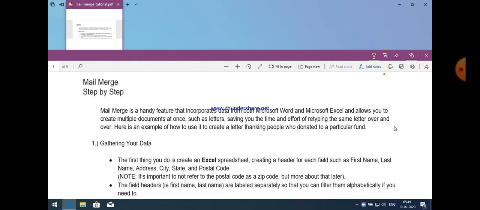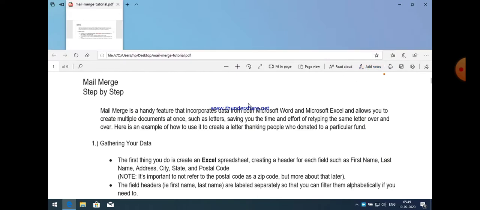So first of all, mail merge. These are the steps we should follow to implement mail merge. I will make the text large, because I think the content is not visible to all of you.